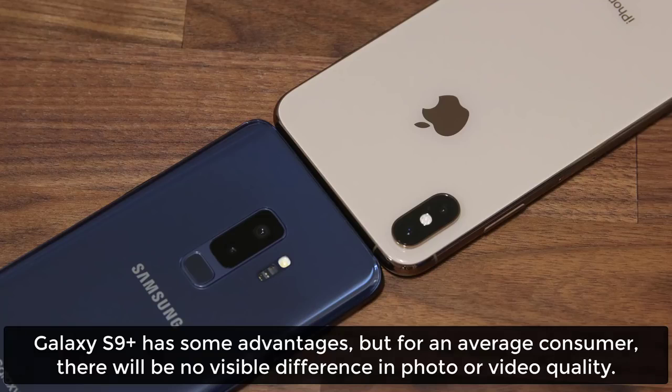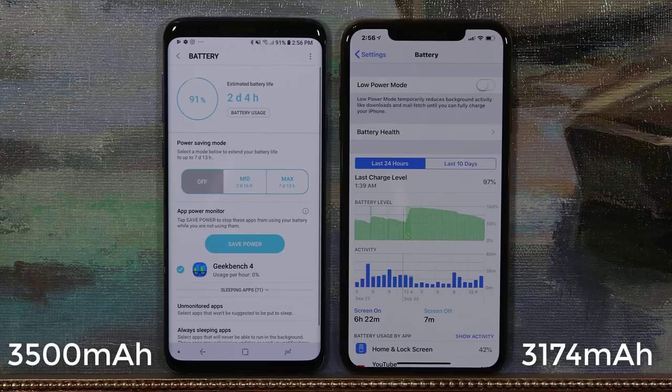So let's move on to the battery. In the battery department, both phones yield similar results, with iPhone XS Max showing a slight lead. Overall, you get a full day of battery life with medium to heavy use on both smartphones. But iPhone XS Max did offer an additional 30 minutes to 1 hour of extra juice after the S9 Plus was already at 0%. Both the iPhone XS Max and the S9 Plus offer wireless charging using the same standard, which is